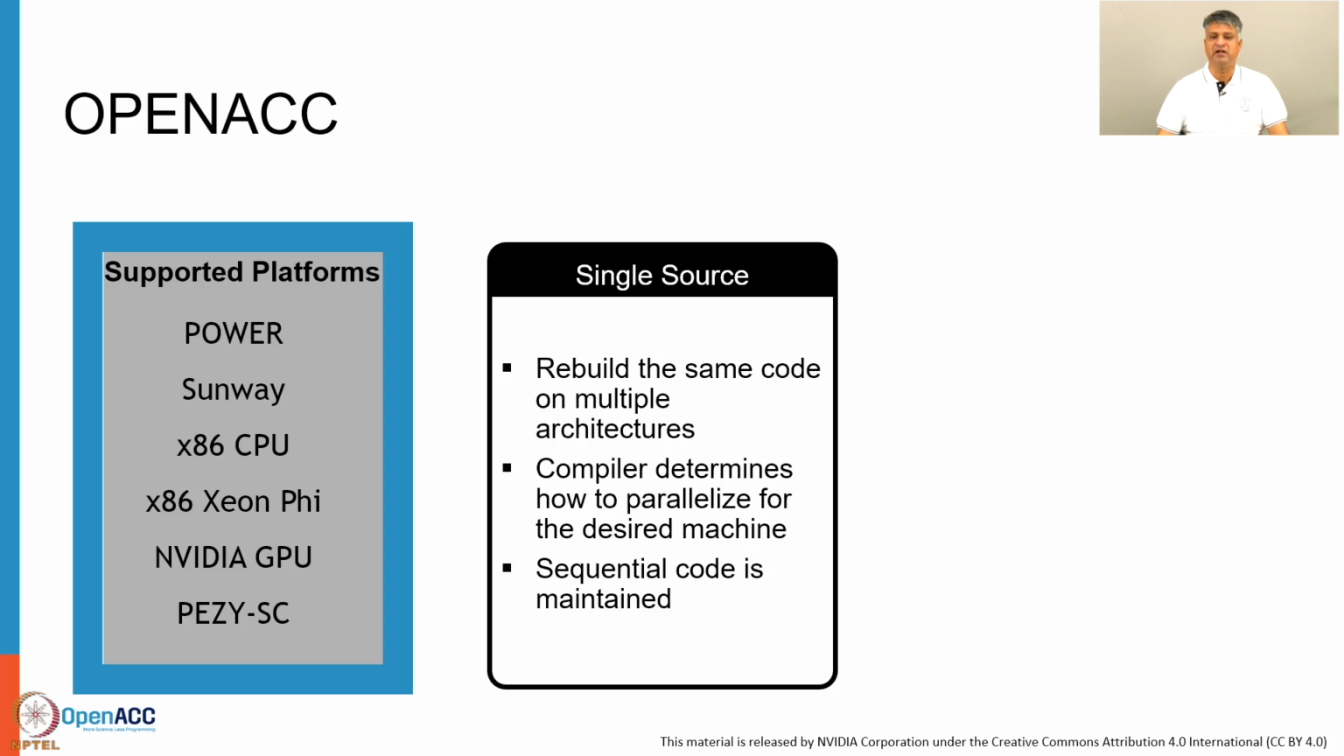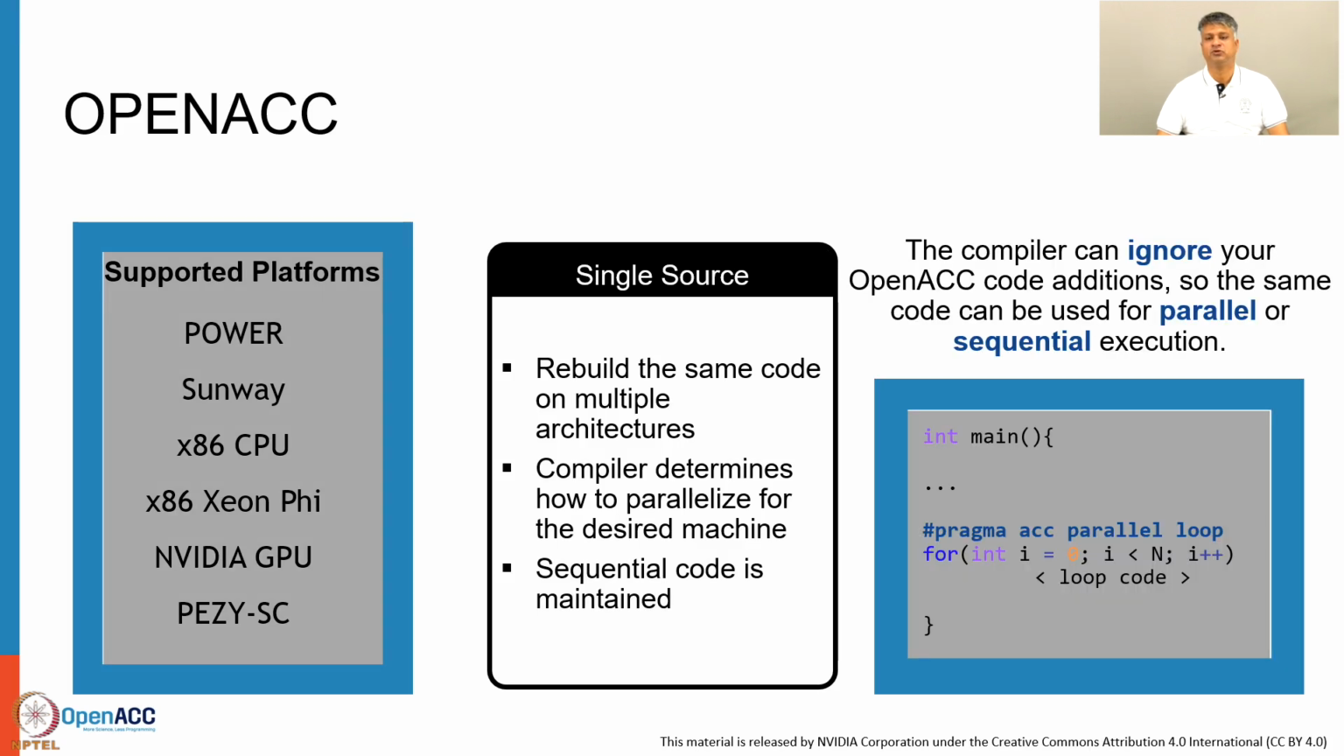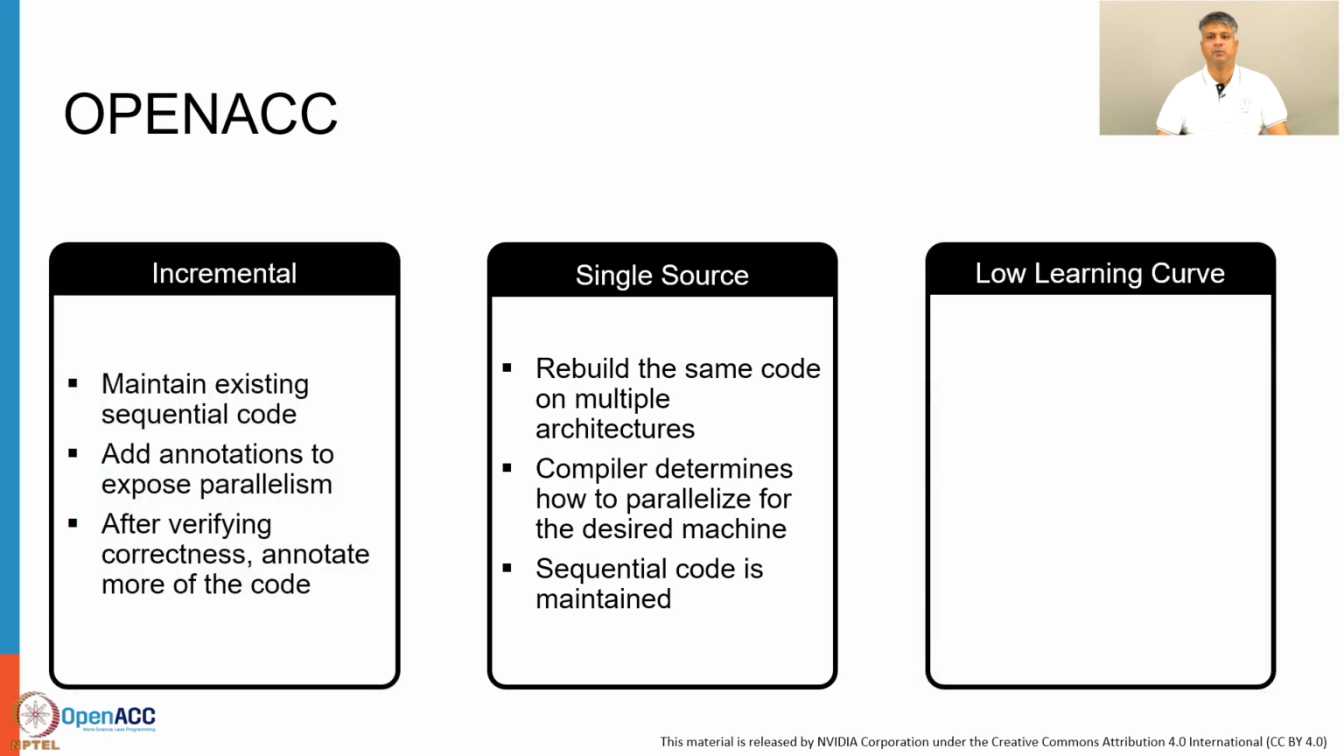And you basically are maintaining the sequential code, and if you were to take away the compiler flags, then you have essentially gone back to a code which is verifiable and is serial in nature. So for example, if you have a code like this, I can put in the directive. The compiler can be given an option to ignore the OpenACC additions so that you can use the same code for both parallel and serial execution. This comes to the last point of this,